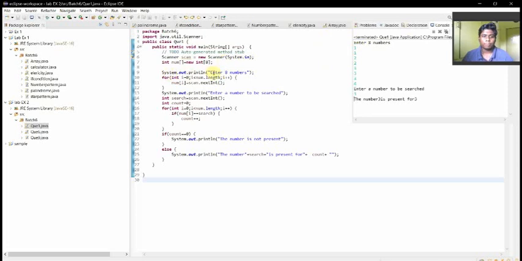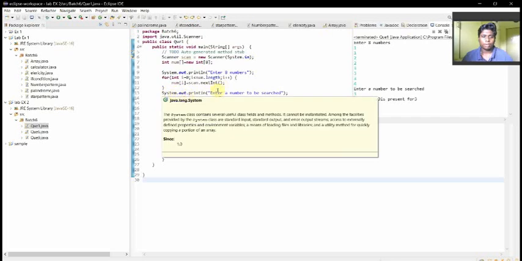Now I'm going to read the 8 numbers, and the for loop is int i equal to 0, i less than number.length, and i plus plus. Now number[i] is equal to scan.nextInt().